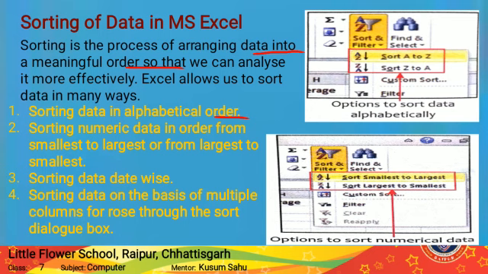Alphabetical order means from A to Z or from Z to A. Through this, we can easily find our data by the name, which name appears first. For example, if we sort the data from A to Z, as an alphabetical order, A's name data comes first and the Z names data comes at the last. And if we arrange it in Z to A, Z's name data comes first and A's name data comes at last.